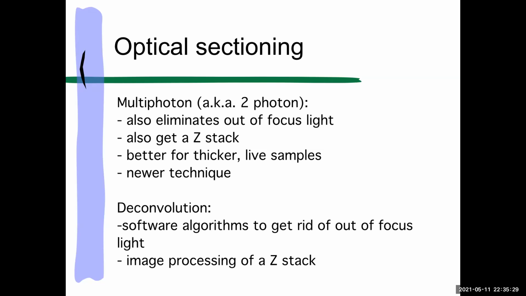So multi-photon scopes use interesting physics to illuminate the specimen, and they basically use a really long red laser, a long wavelength of 900 or more, and it's high intensity, and what you're doing is creating a situation where there's a single spot in space where the